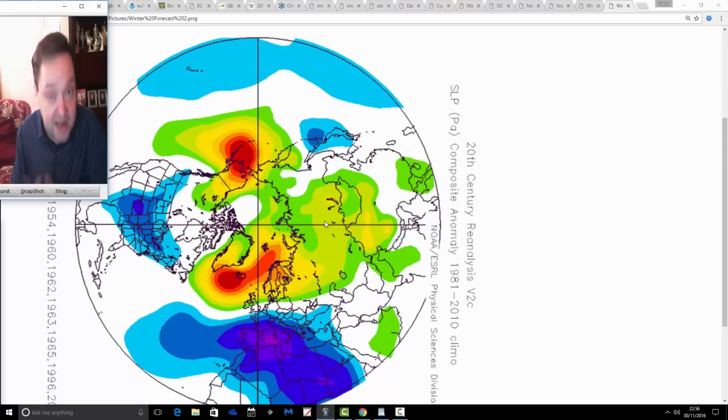Also, with ENSO, it would have been better if we'd been more into La Nina than we are, albeit only weak La Nina, but we needed to be a little bit more into La Nina. We needed that tripole in the Atlantic. So several of the factors are not right to go very cold, go severely cold, but we've got enough here, I think, to suggest that we're likely